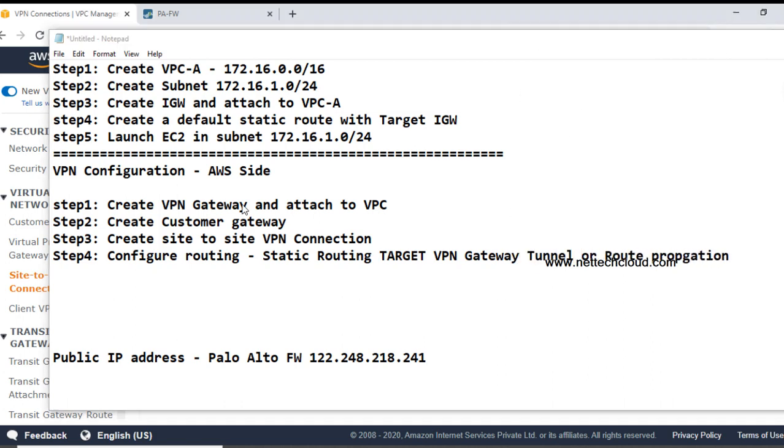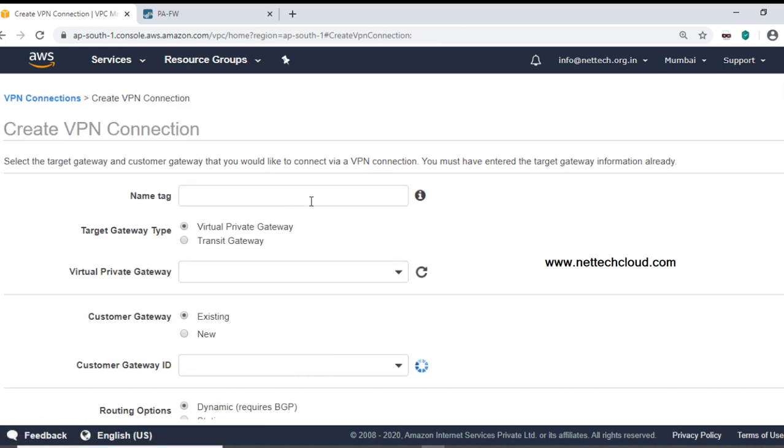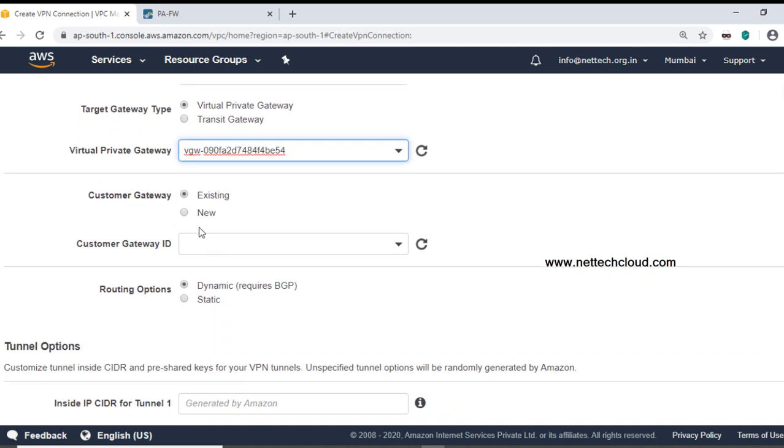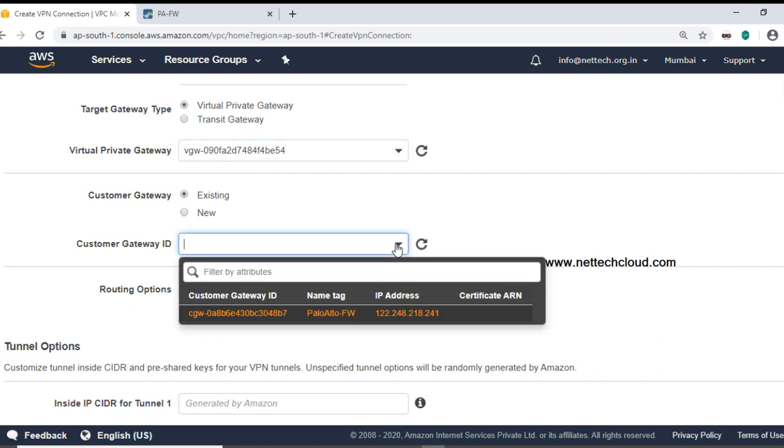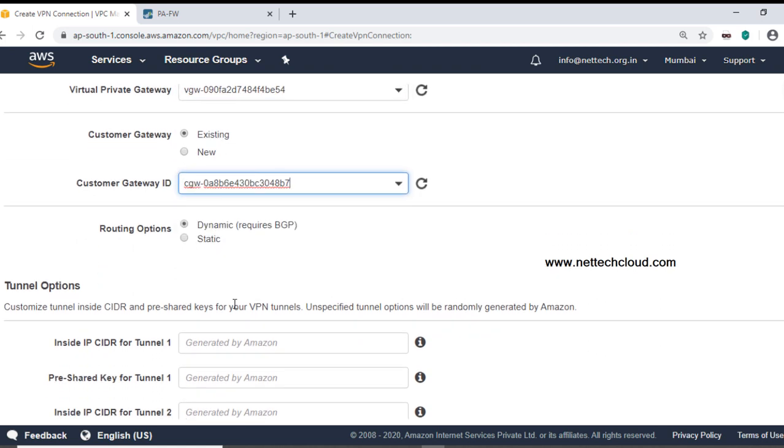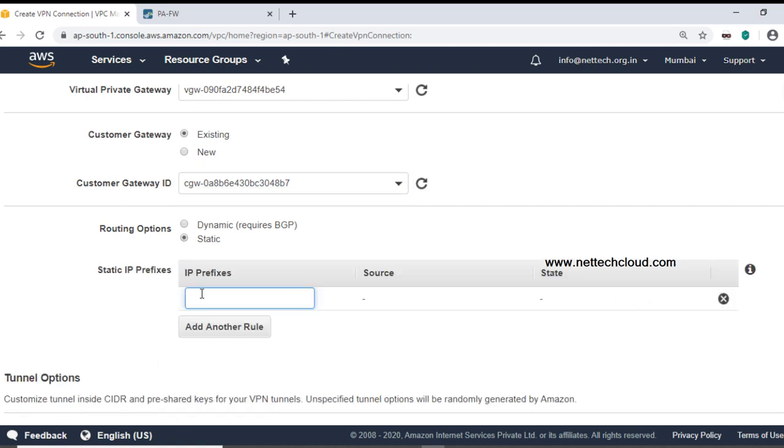Okay, so create this site to site connection. So we can give any name. So here IPsec tunnel, and VPN gateway, of course we are not using transit gateway, and AWS managed VPN gateway, customer gateway, existing or new, existing because I have already created this Palo Alto firewall. And routing option is static and network address, network behind Palo Alto firewall /24, right? This network needs to be protected with IPsec.